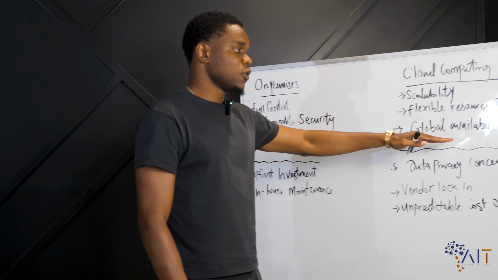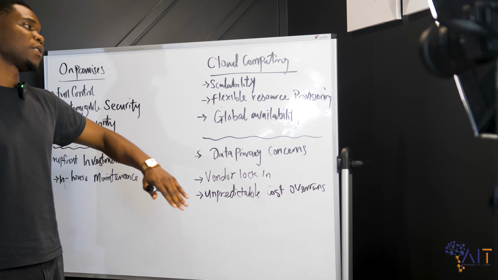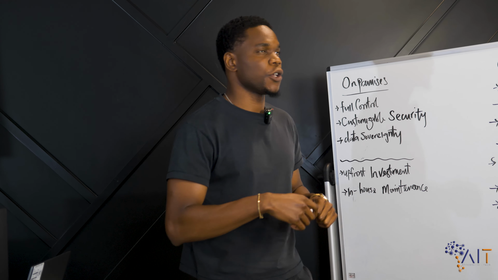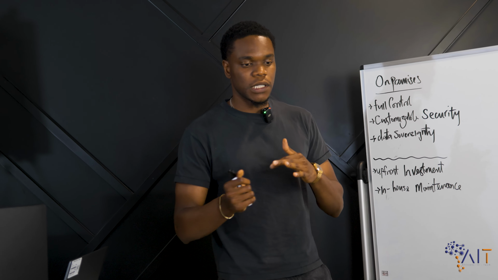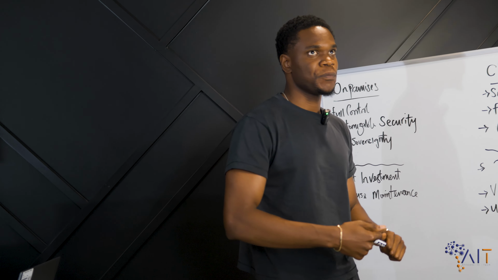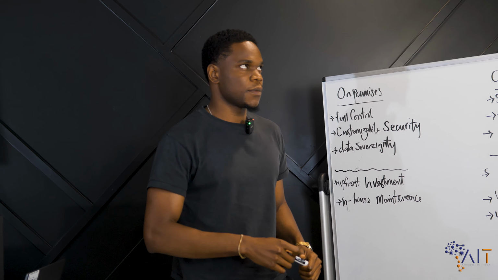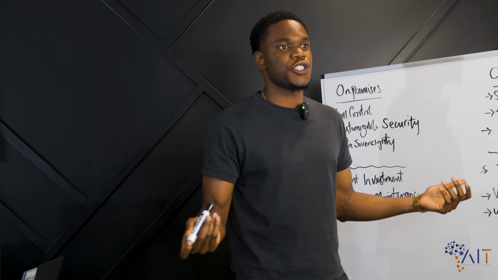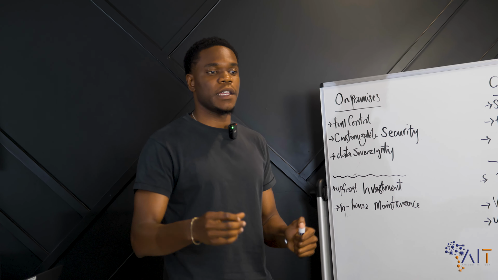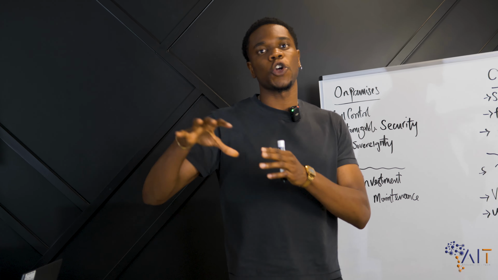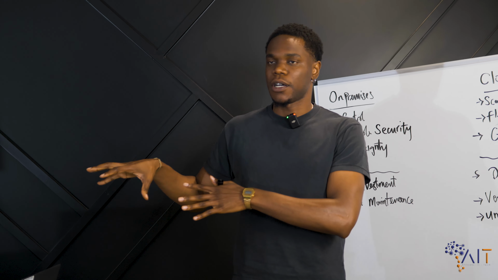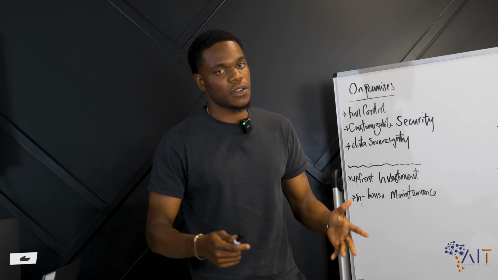Another one would be global availability. This one is really important because, say for example, your products need to be available in countries that are not close to the country you're currently in. Say you want people in Southeast Asia to be able to reach your app over the internet. Well, you need data centers that are close to where your customers are. They're called edge locations.